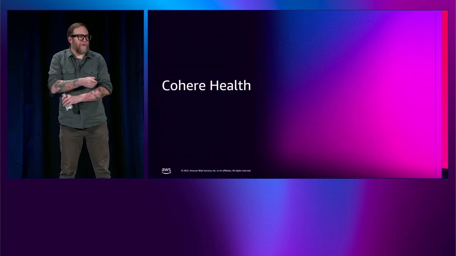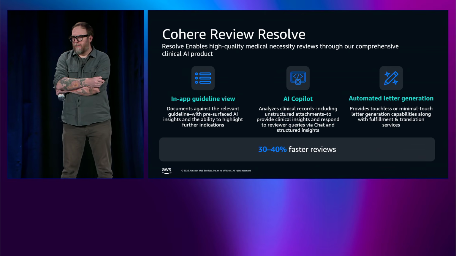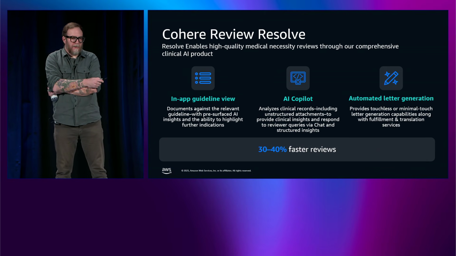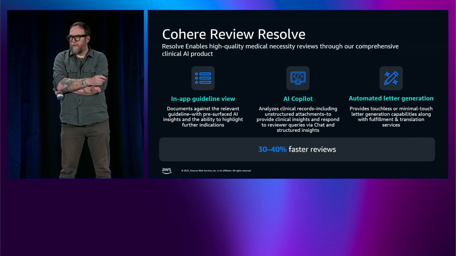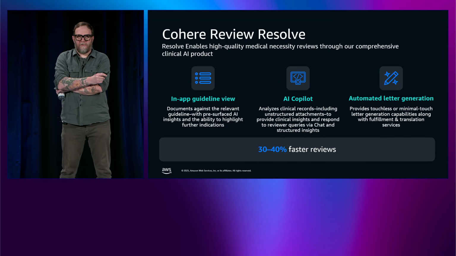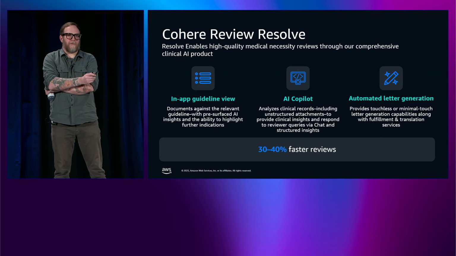So at Cohere, we recently had the opportunity to partner with the AWS team on the beta and launch for AgentCore. And we built on top of it what we call Review Resolve, which is a product that we're using to help drive improved prior authorization